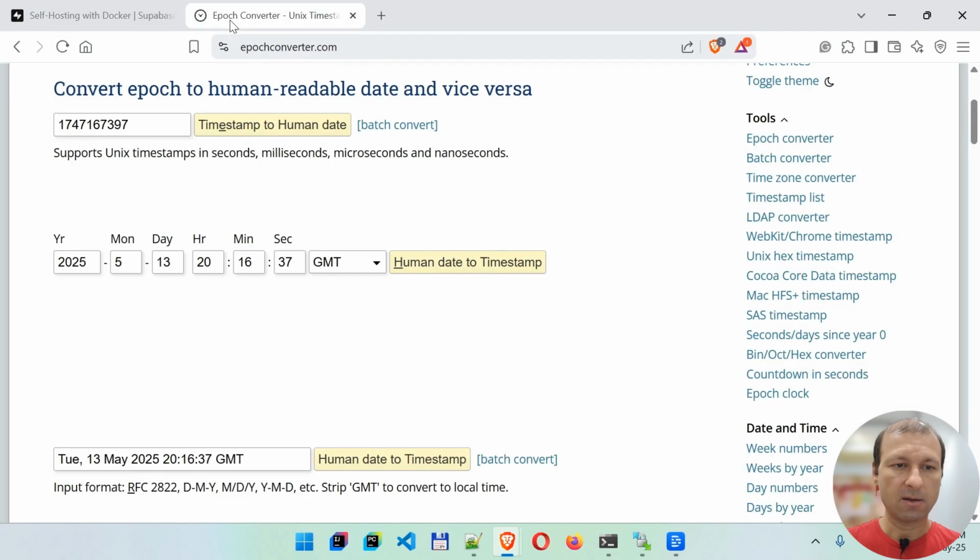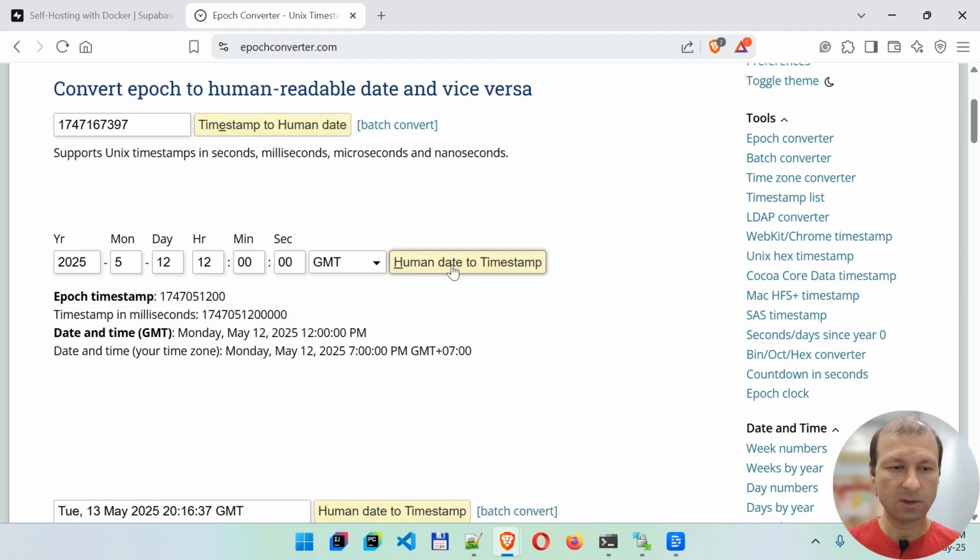And usually for these types of operations, I use this site where I have here a section that I can specify a date in human format. Let's say I would want to have my issue date on the 12th, not on the 13th. For me, the 13 is not a lucky number. So let's say I would want it at the middle of the day, in GMT, and click on human date to timestamp. We need the value without the milliseconds, just the seconds. I will copy this value